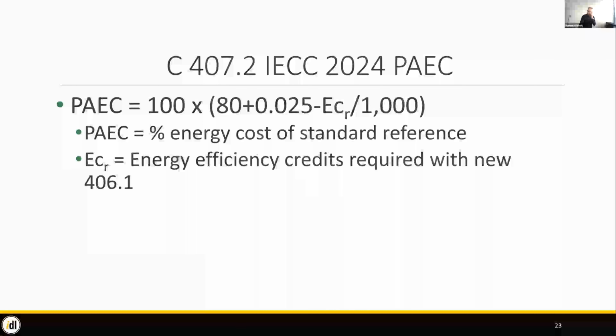Okay, so here's the new formula for the percentage annual energy cost savings. It used to be simple. It used to be 15% less. Now we've got to navigate this. The ECR in there is the energy efficiency credits, which are required with the new 406 section. And the new credit system, like I said, so